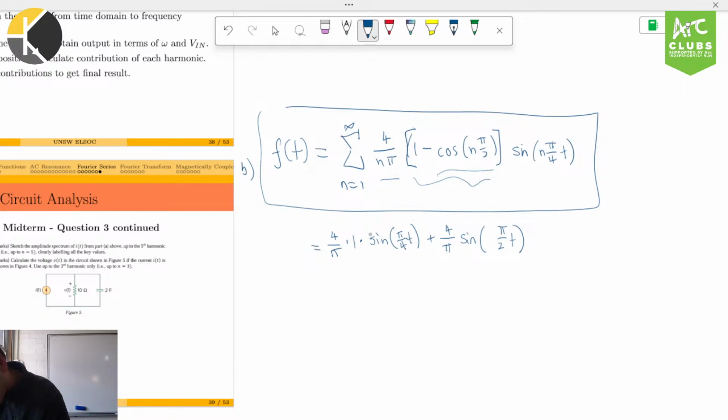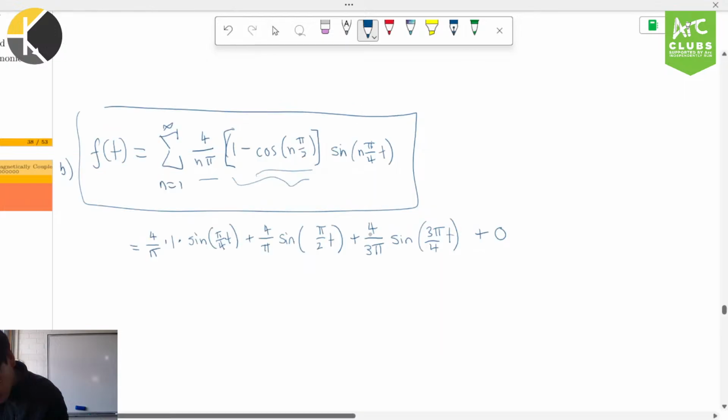And we're going to keep going. I'm not going to explain every single one. I think you get the idea of what's going on here. The fourth harmonic is going to be 0, because in that case we have cos of 2 pi, which just gives us 1 minus 1, which is 0. And then we have 4 on 5 pi, sine of